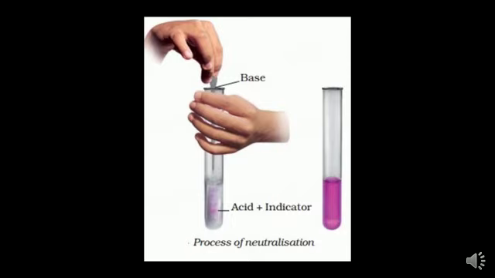Now we need to touch the test tube immediately after neutralization. What we observe is that in a neutralization reaction heat is always produced, as you saw in the previous slide, and it is evolved. The evolved heat raises the temperature of the mixture. In a neutralization reaction a new substance is formed, that is salt. Salt may be acidic, basic or neutral in nature. Thus, neutralization can be defined as I explained in the first slide. Now let us see neutralization in everyday life.